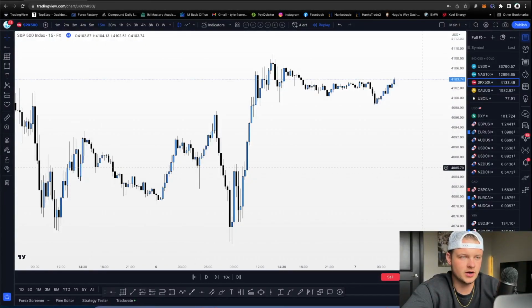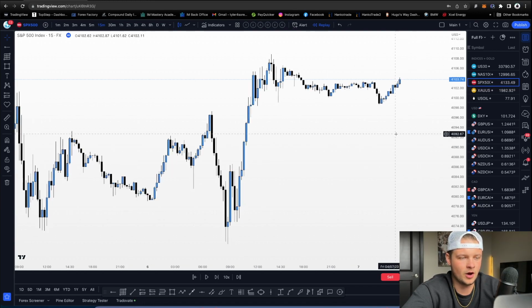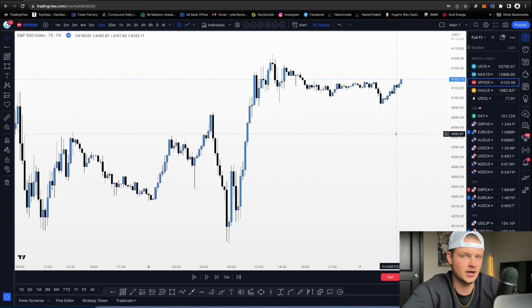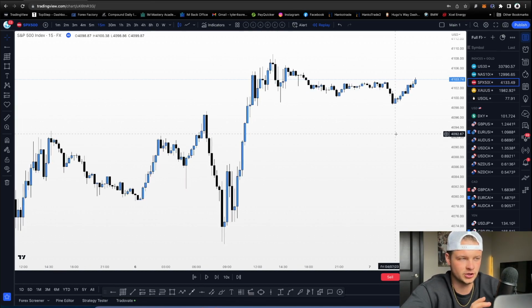All right, guys, in this video, we're going to go over what a breaker block is. This is going to be a really quick video because we already covered most of the meat and potatoes in the order block video, but all a breaker block is essentially a failed order block now being retested from the other direction. Okay, so if we were to just look at our chart right here, this is SPX S&P 500 on the 15-minute time frame,